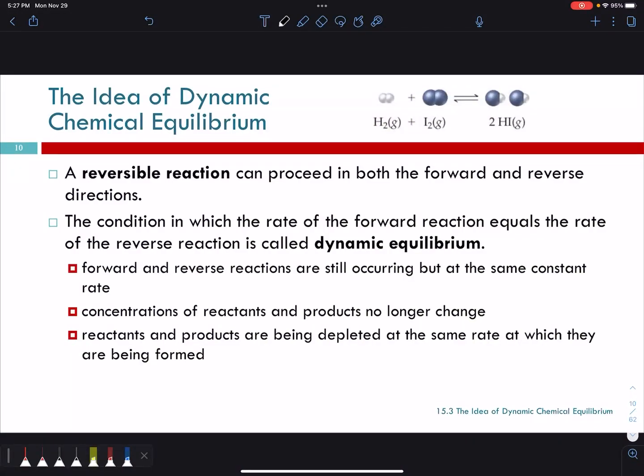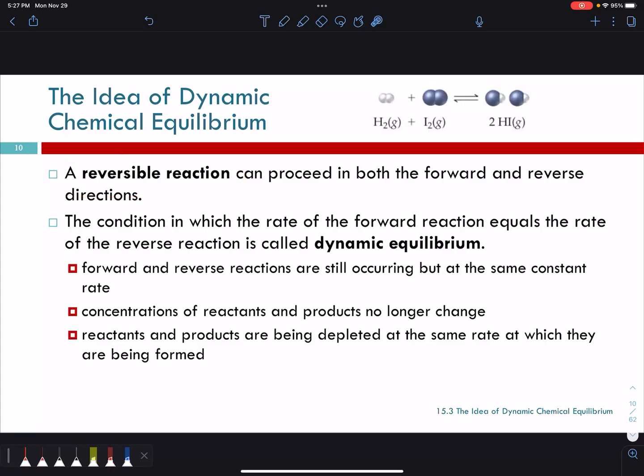So up until this point, we've really talked about reactions in just a single direction. They proceed until they are done, until we've used up all of our reactants. More often than not, though, that is not the case. Usually there's some equilibrium. So there's some amount of your products that are reacting with each other to go back to reactants. And this is a reversible reaction.